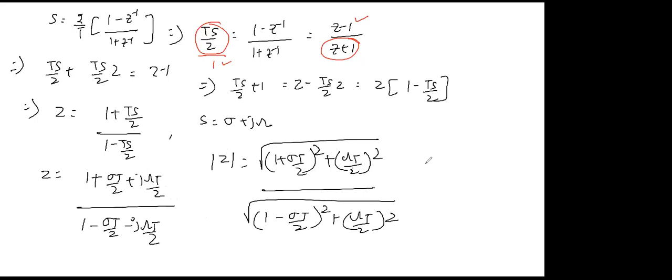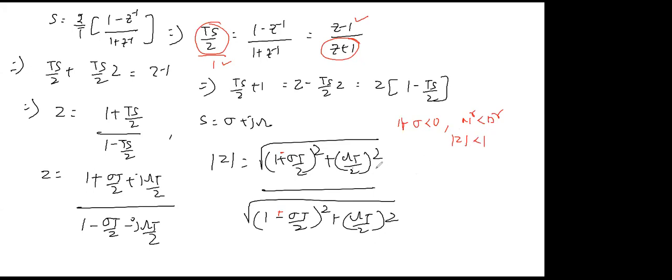Now we can check all three cases. What are our cases for mapping? If sigma is less than 0, it means the poles lie on the left hand side of the s plane. Now you just put sigma less than 0, some negative value. Then what will happen? If you put a negative value here, and this is negative, this becomes positive. We'll get that the numerator is less than the denominator. Yes or not? Because now this is minus, this is plus. Then obviously the denominator part is greater than the numerator part. So what will happen? Numerator less than denominator means, what is the value of mod z? Mod z is less than 1.